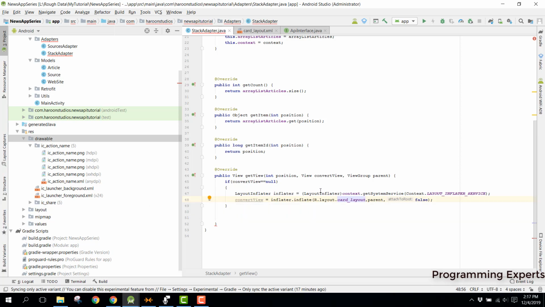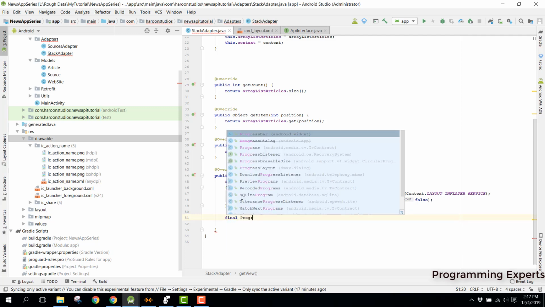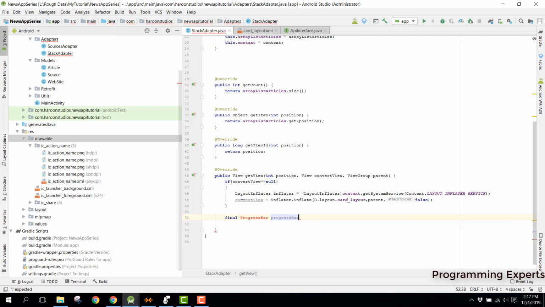So there we had inflated our view that we created, this card layout, and now we are going to bind it and set the text of it. So for this we can first of all use the progress bar. So we can say progress bar equal to convert view dot find view by id, then we can say r dot id dot progress bar, and then we can say text view, and for this text view title we can say like